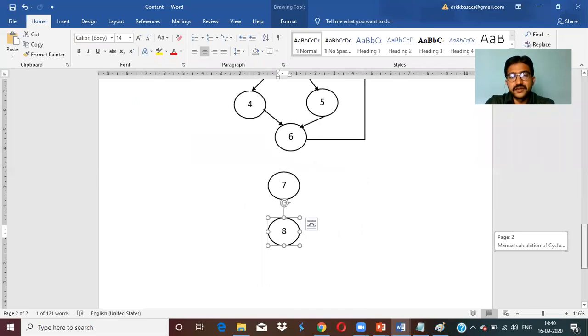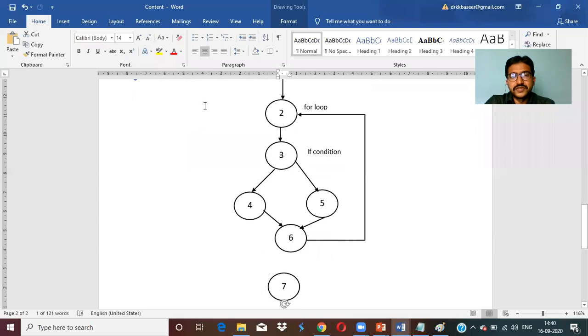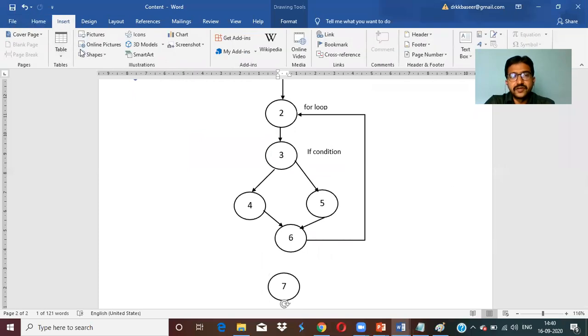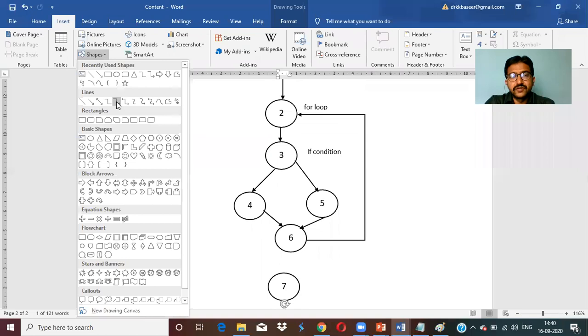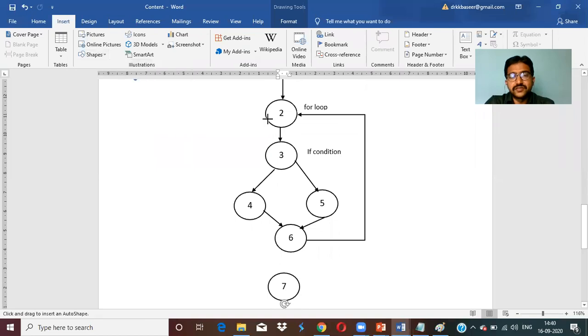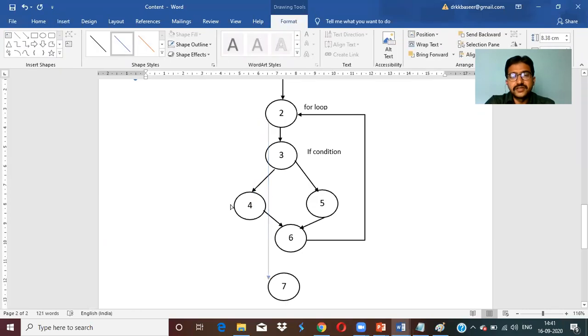Now if for loop fails, where it has to come? From here. You can take any symbols, but they should not overlap each other.